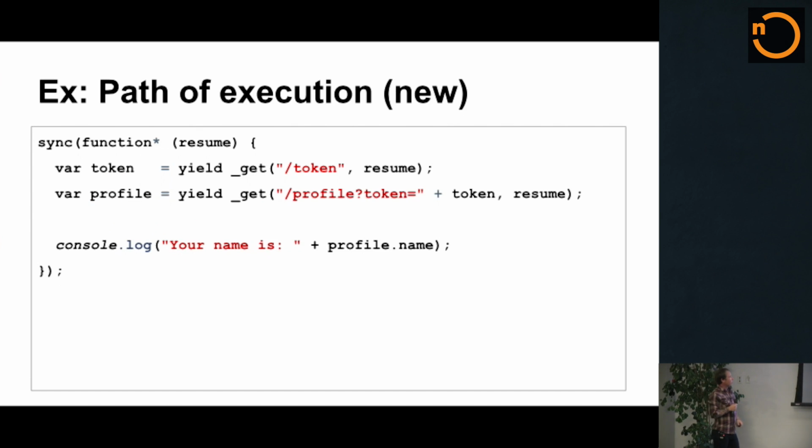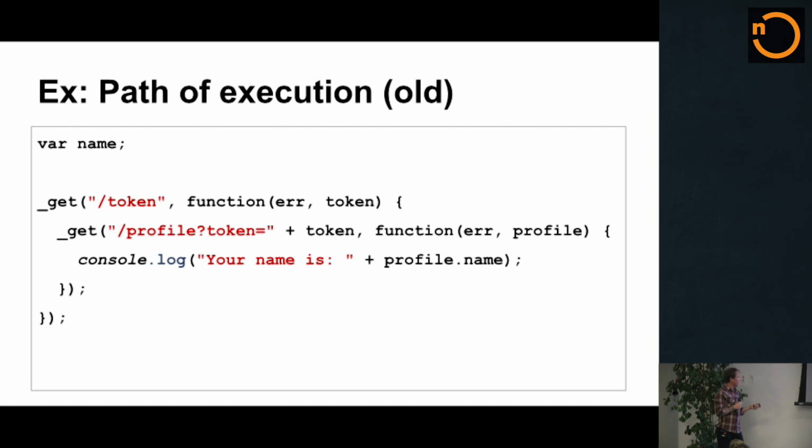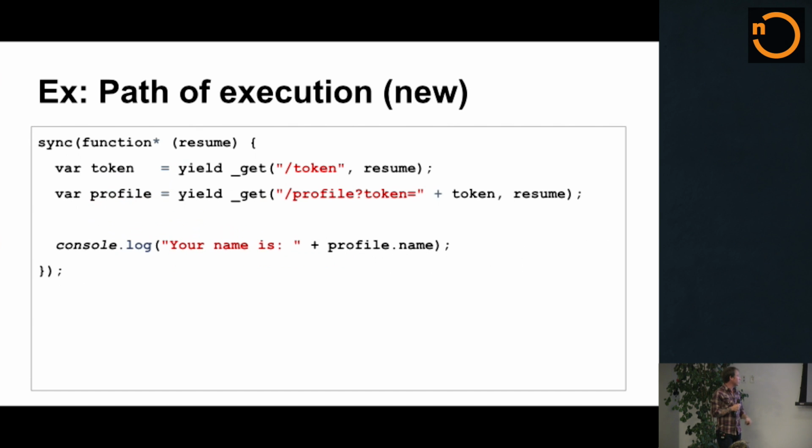Using generators, we can clean this up a little bit. If what we really want to do is communicate that we're doing 3 operations in series, there's no need to do this nesting of callbacks like you're accustomed to in regular old JavaScript land. These 2 pieces of code functionally do the same thing. Do the get to token first, do the get to profile second, and then output this stuff to the console. It uses generator functions to do that. We'll talk a little bit about it in the next slide.